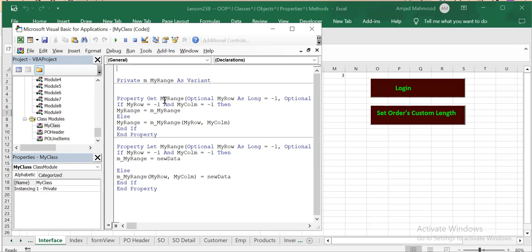There's a get range, which is used to get the info and the result, whereas let range is used to assign the data in. So these are the ins and outs, and some private variable is being used, right? And in a test